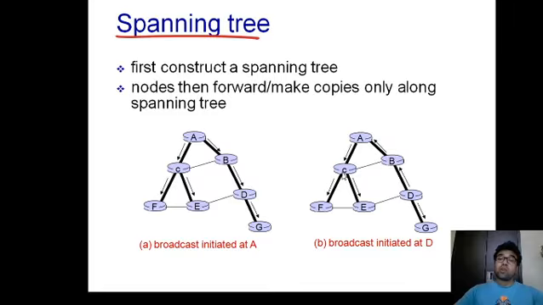So it will forward that information to F and E only. It will not forward that information to B. If this information is forwarded to B, then B will get the redundant packet. So it is the beauty of spanning tree that nobody gets the redundant packet, and that is how you can